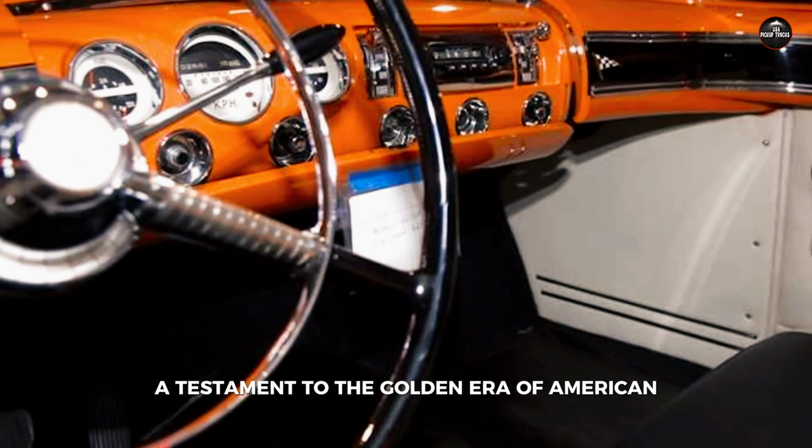What makes the 1963 Villa Riviera super and insanely rare? The answer lies in its exclusivity and the story behind its creation. Only a handful of these cars were ever made, making it a highly sought-after collector's item. The Villa Riviera was a bespoke creation, commissioned by a European aristocrat who sought the perfect blend of American muscle and European elegance. Built by a team of master craftsmen, each Villa Riviera was a unique masterpiece, tailored to the specifications of its owner. This level of customization and craftsmanship is what makes the Villa Riviera a standout in the